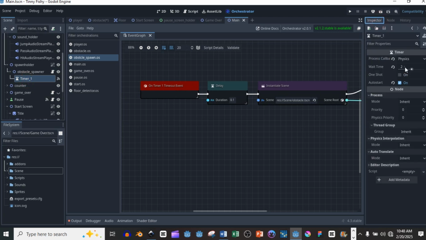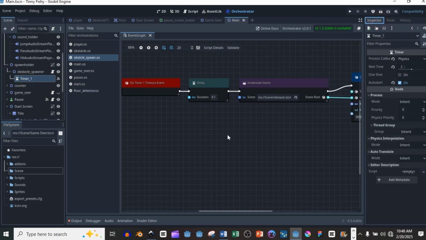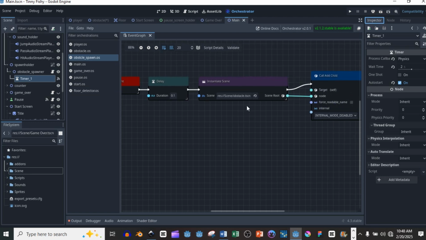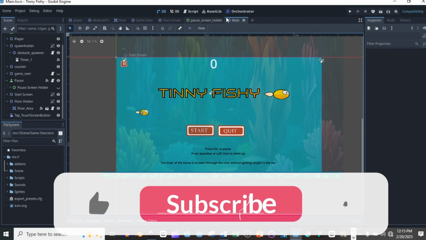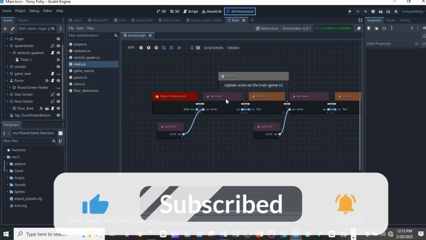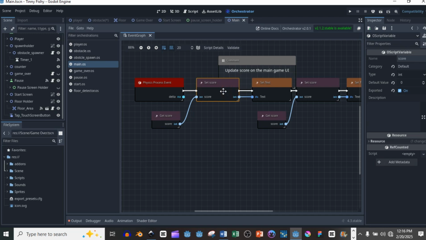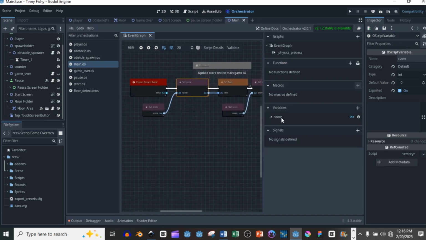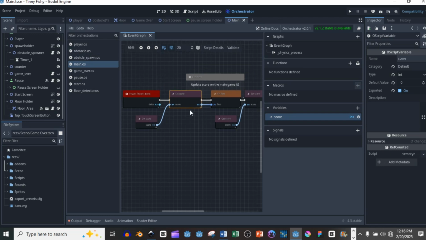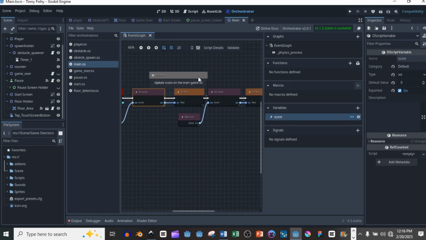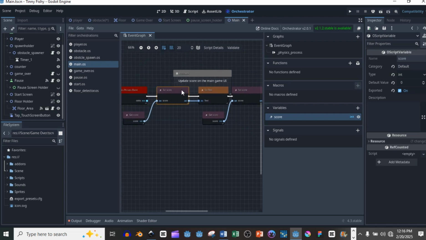So the timer is actually 2 seconds that I've put. After 2 seconds, it's going to just be spawning a new obstacle towards the player. For the main here, we have a script, and the script is very simple. We'll have the physics process, and then it's going to set the score. Remember, we'll have a score variable that we talked about that has been exported, that can be accessed in the obstacle scene. When you touch the middle obstacle, the detector, it can increase the score